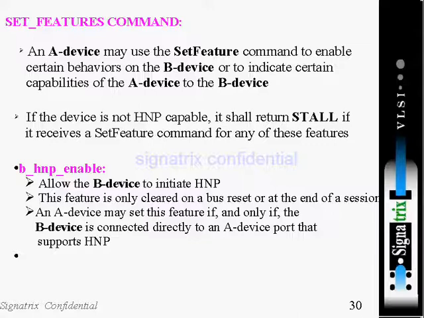The PC is the host, where you are connecting the mouse to a PC port. Similarly, where you are connecting your printer to a PC port. In a PC, if you see this legacy system, we have a total of 4 USB ports. In one port you connect the mouse, and in another port you connect the output peripheral, that is the printer. During that time, the PC will act as the host, so it will take care of the scheduling and the transactions, everything. It will allot the time.